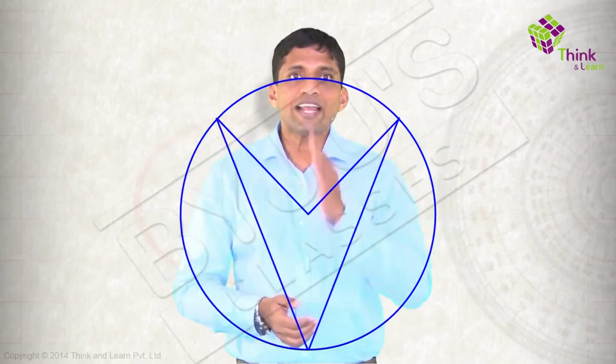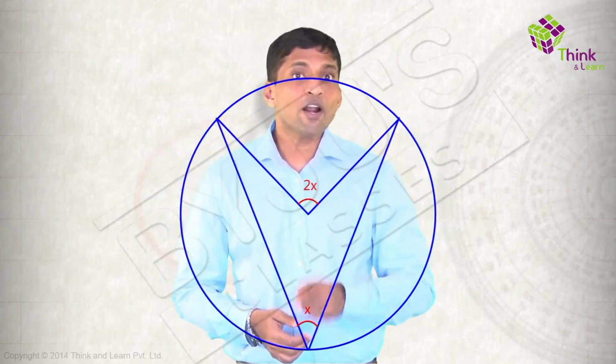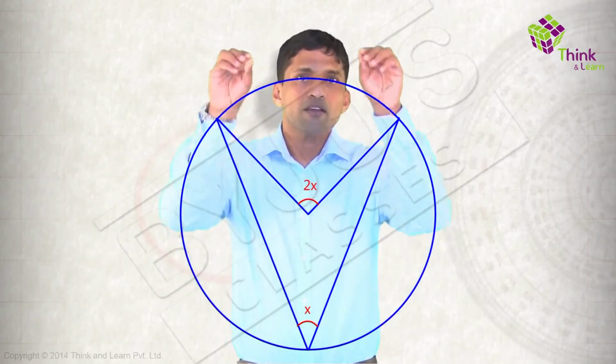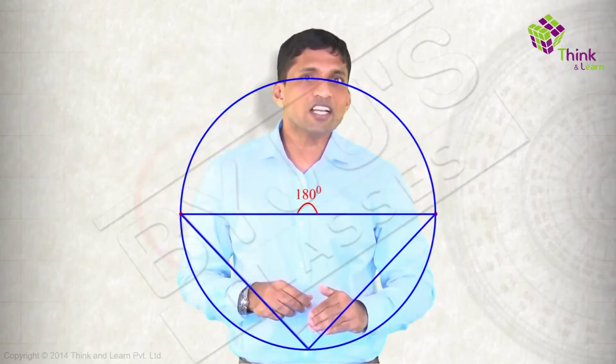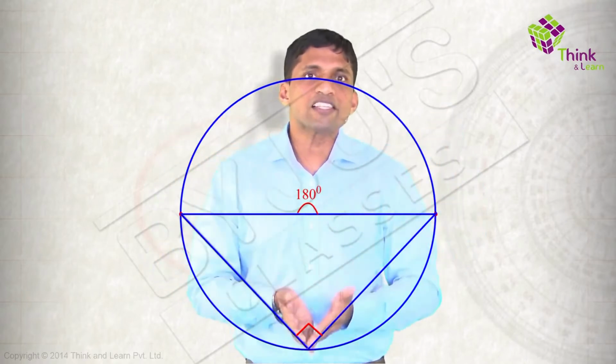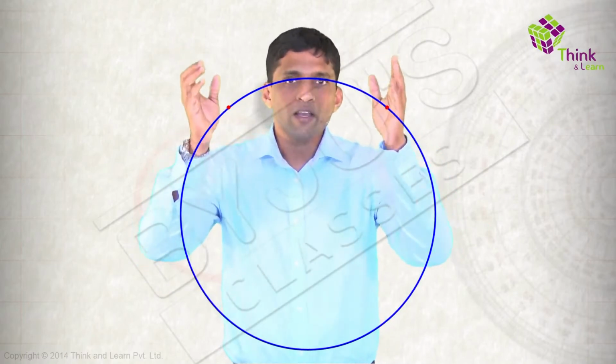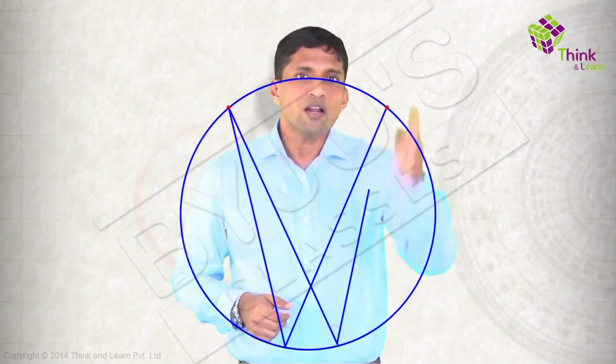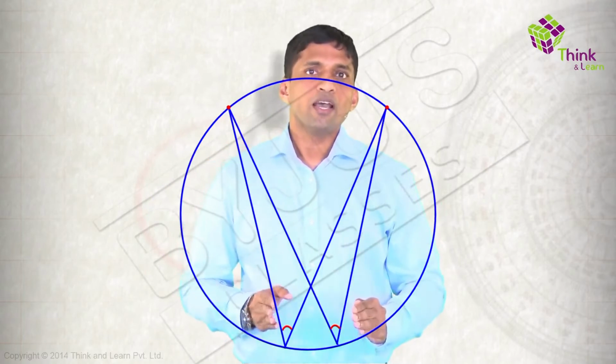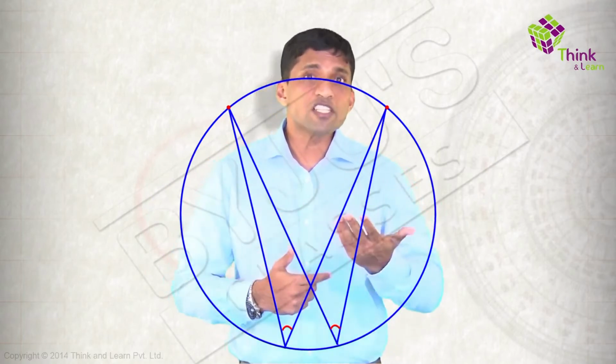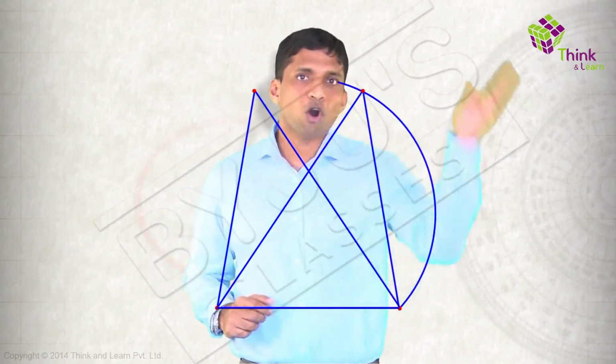Take the circle. This angle to this angle ratio is 2/1. That's an important theorem. Now, when I push these 2 points, this angle to this angle still remains 2/1. That is, angle in a semicircle is 90 degrees. Now, if I consider the same segment, angles in the same segment are equal. That is, these two angles are equal. The converse is, if a segment is subtending equal angles, the 4 points are concyclic.